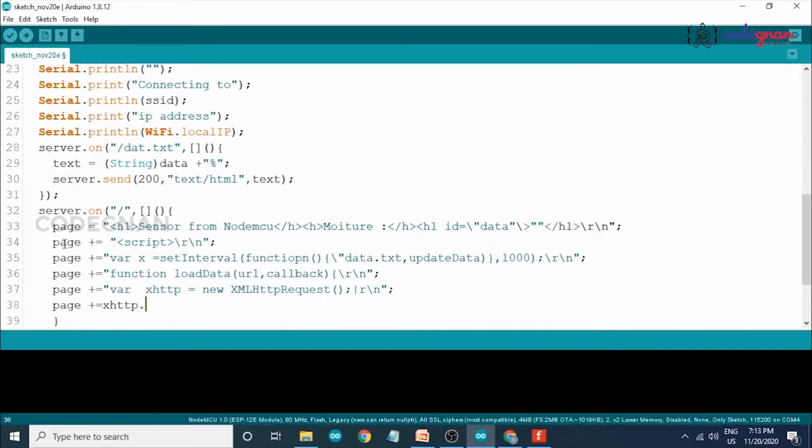xhttp.onreadystatechange equals function, then \n, and close the function.